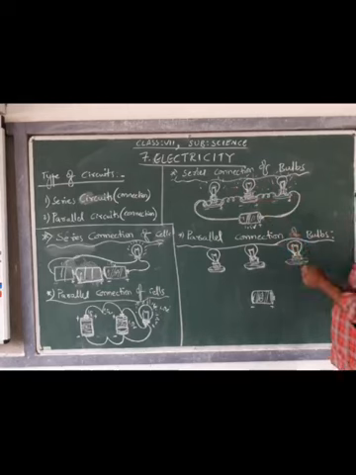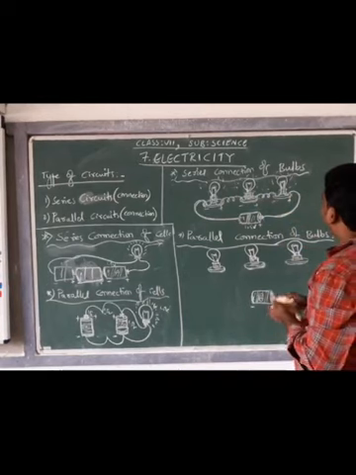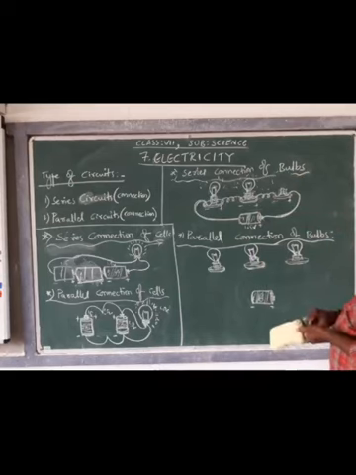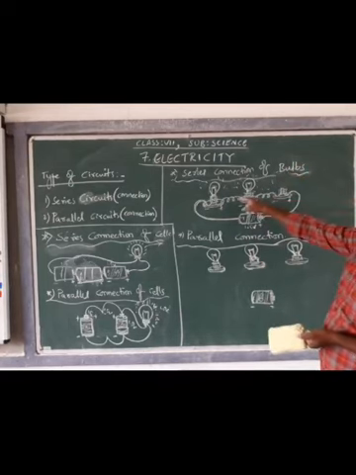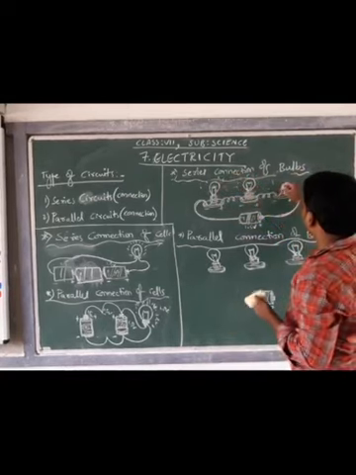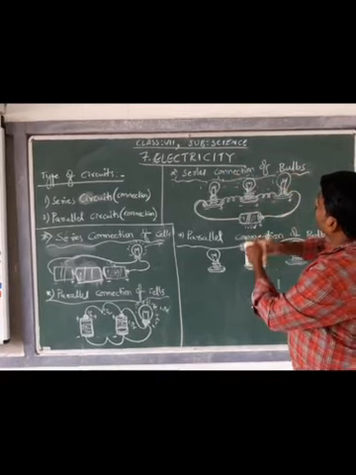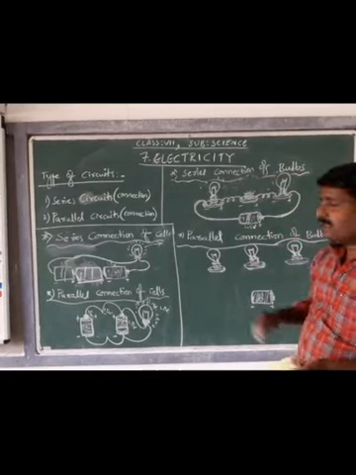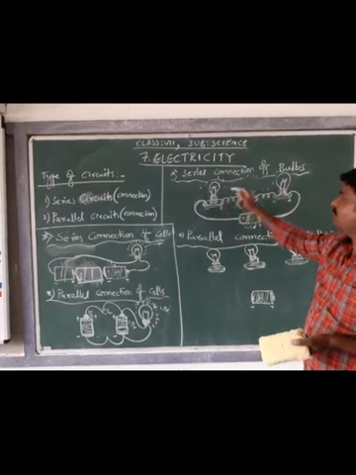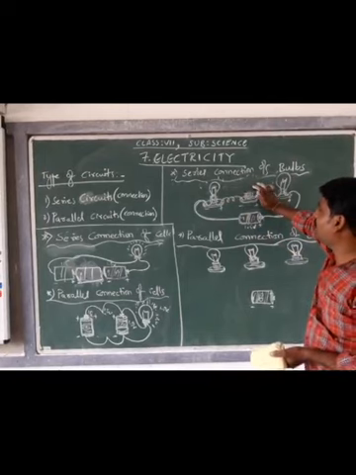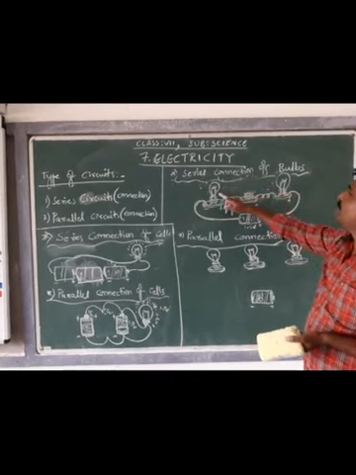And one more drawback is that among these three bulbs, if any one of the bulbs is dead, for example, if this bulb is not functioning or we remove it from the circuit, the circuit will become open, and the remaining bulbs also will not glow even though they are in good condition. Suppose this bulb is good and this bulb is short, now this circuit will become an open circuit, and even though these two bulbs are in good condition, the circuit will be open because of the short of the filament in the bulb, and these two bulbs also will not glow.